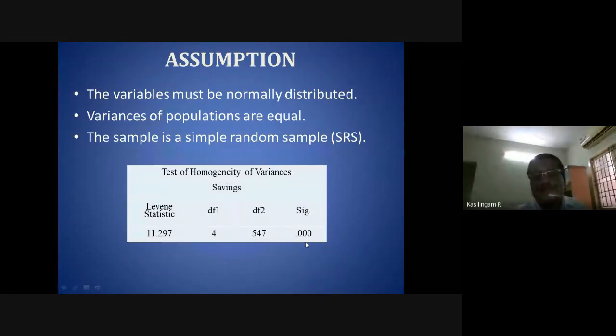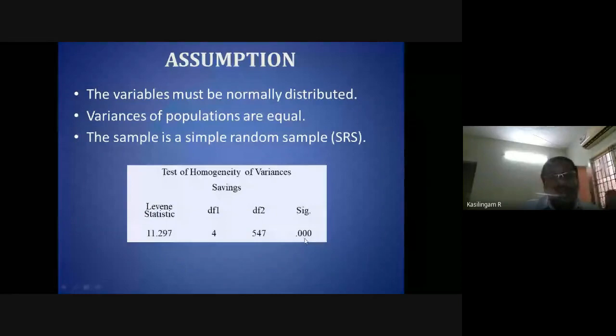What is the null hypothesis? The groups are homogeneous. It is an assumption. We want the groups to be homogeneous, and we want the data to be normal. So we should accept the null hypothesis for all assumptions.